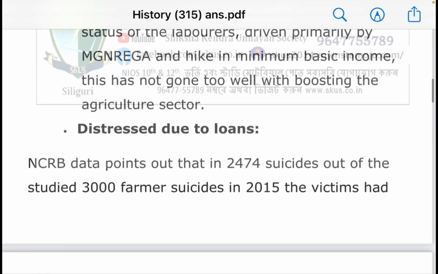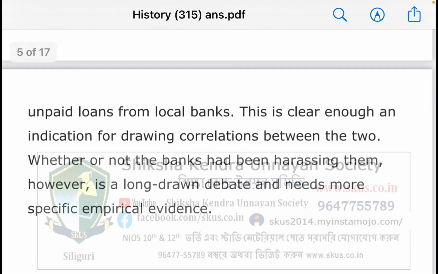That is why they choose suicide. Distress due to loan. NCRB data point out that 2,474 suicides out of the studied 3,000 farmers' suicides in 2015, the victim had unpaid loan from a local bank. This is clear enough indication for drawing a correlation between the two. Whether or not the bank has been harassing them, however, is a long drawn debate and needs more specific empirical